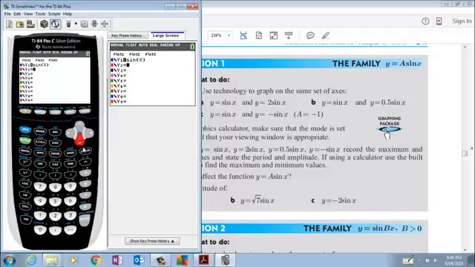And then as the y2 function we'll put in 2 sine x, and as our y3 function we'll put in a half sine x, and the last one is minus sine x. It's like a minus 1, it's really minus 1 sine x. Okay, now to graph this